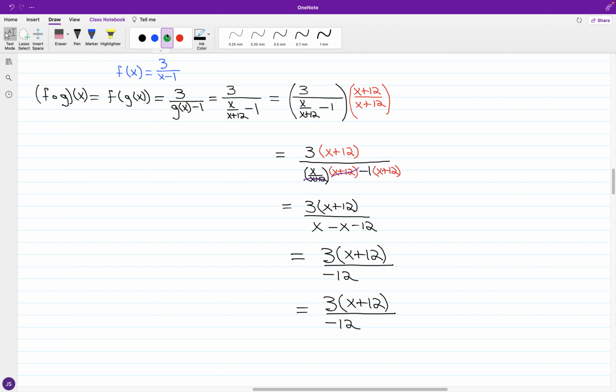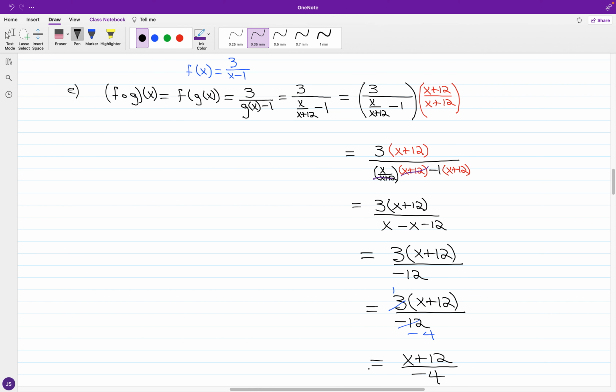Okay, now for 3 over negative 12, so that'd be like 1 over negative 4. Okay, so you have x plus 12 over negative 4. Now, looking at the restrictions,